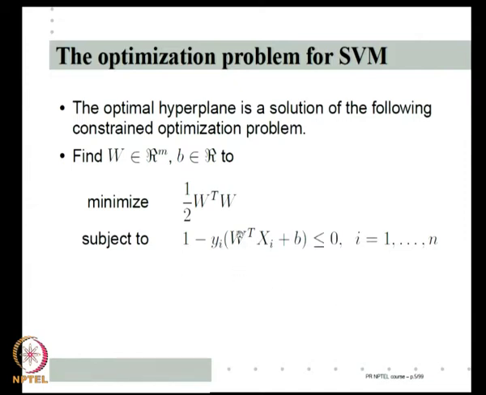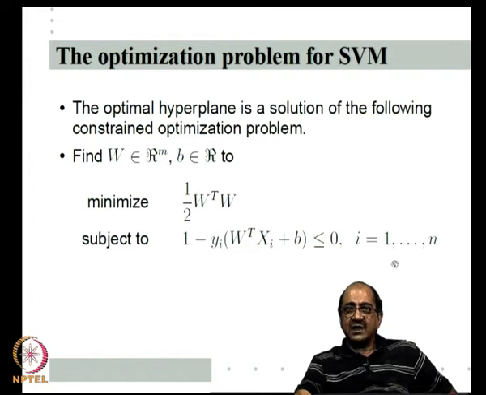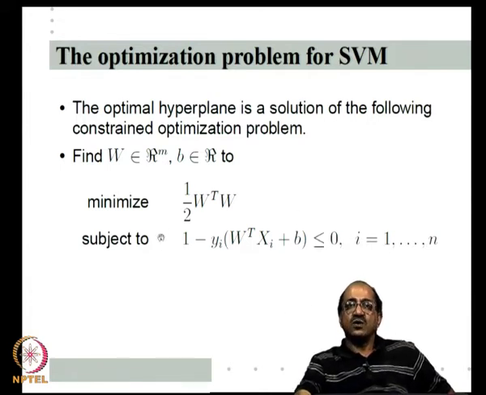What does this constraint imply? As you have already seen, if (W, b) represents a separating hyperplane, then y_i into (W transpose x_i plus b) will be greater than or equal to 1. So, essentially y_i into (W transpose x_i plus b) greater than or equal to 1, which is the same as 1 minus y_i into (W transpose x_i plus b) less than or equal to 0, tells you that this (W, b) is a separating hyperplane such that, with W transpose x plus b equal to minus 1 and W transpose x plus b equal to plus 1 being the two parallel hyperplanes that we considered last class, no pattern is in between.